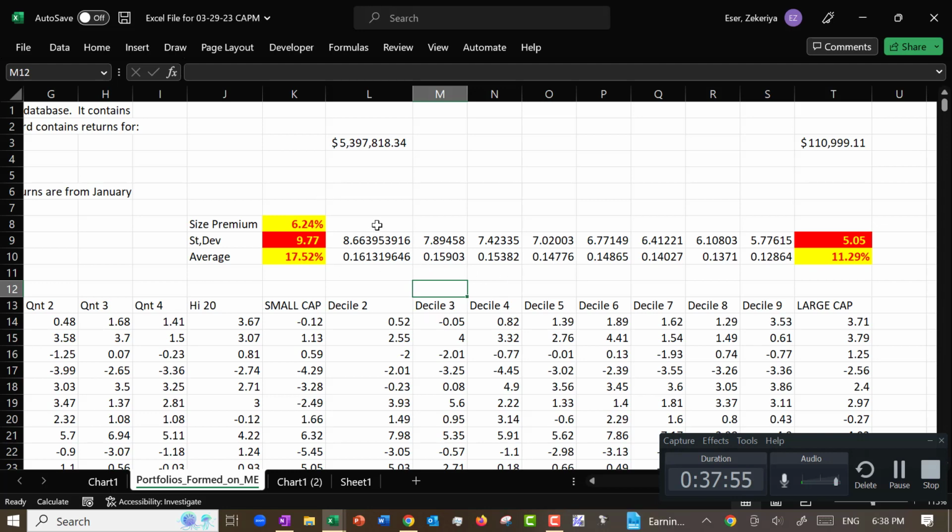But at least, if you look at it in terms of total risk, small cap stocks are twice as risky as large cap stocks. So, in that sense, the spirit of CAPM is there. The riskier it is, the higher are the returns. But if you did per unit of risk, this is not systematic risk, but still,